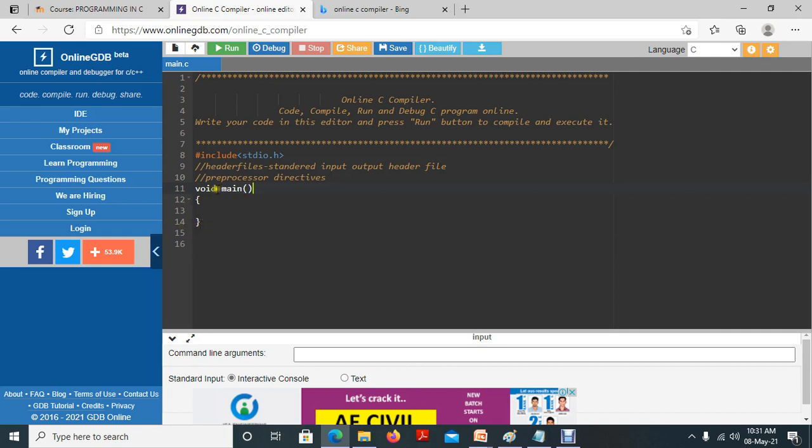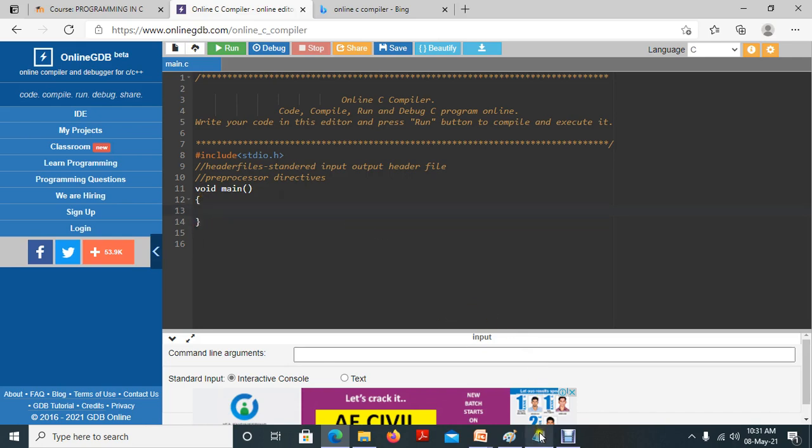How do we inform it? For that, we have a function named void main. It's an inbuilt function, so the compiler can easily understand that the execution of this program should start from this open brace and end at the closing brace.